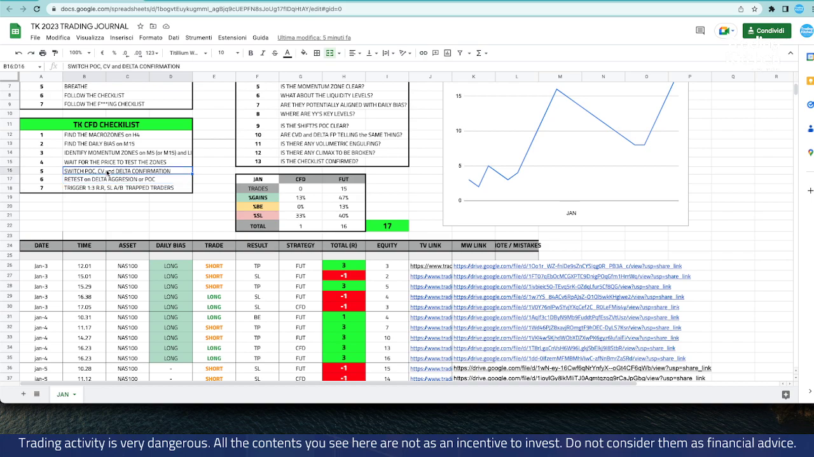This is probably the most important point of the checklist. I want to see the POC switching on the 5 minutes time frame and a delta confirmation. This is something that you can easily see only with a volumetric trading platform, but there is something that you can use also with TradingView, but my advice is to use a trading platform, and above all not use the CFD